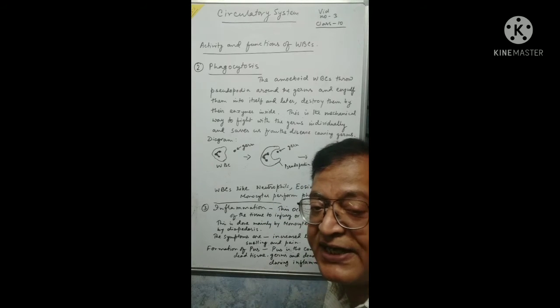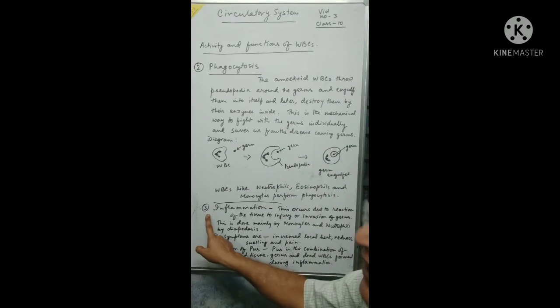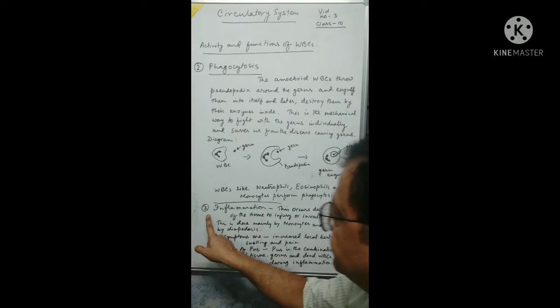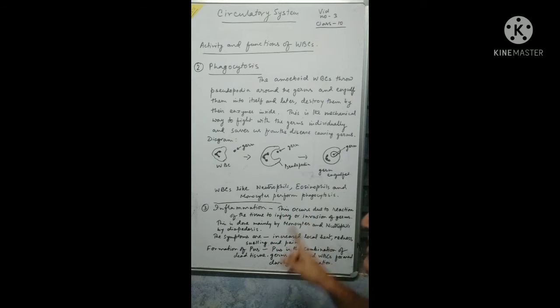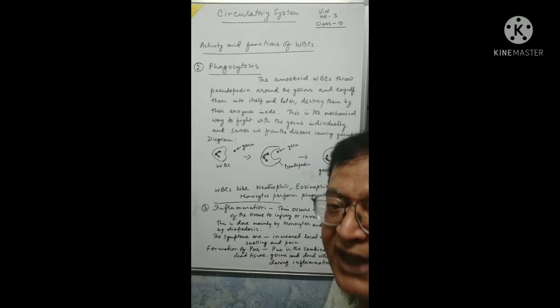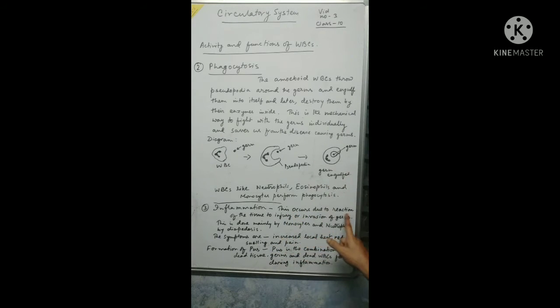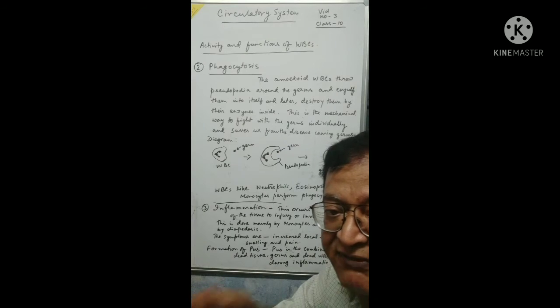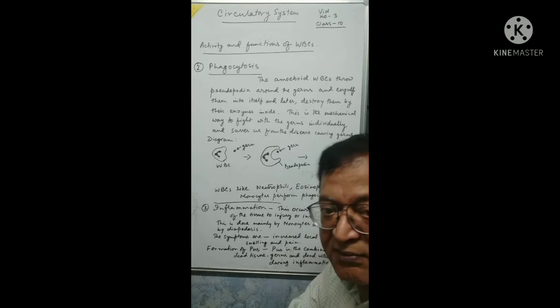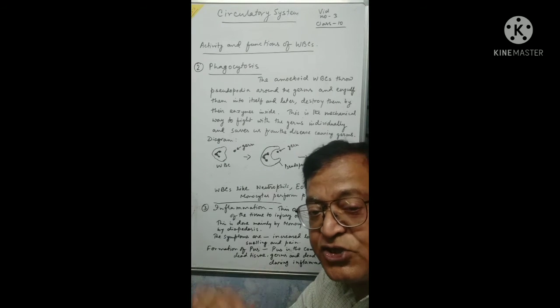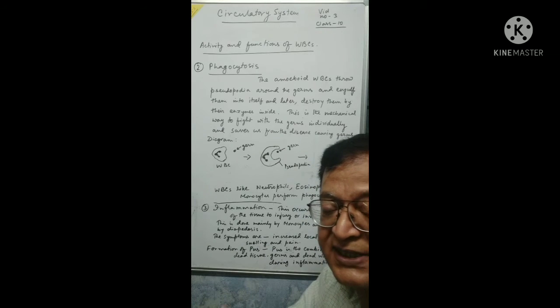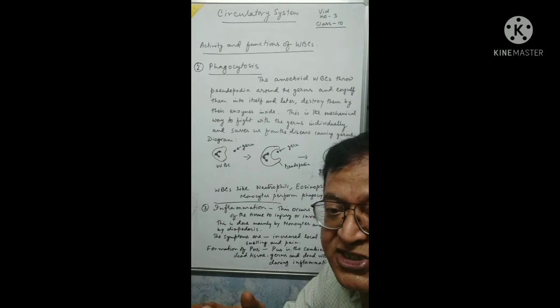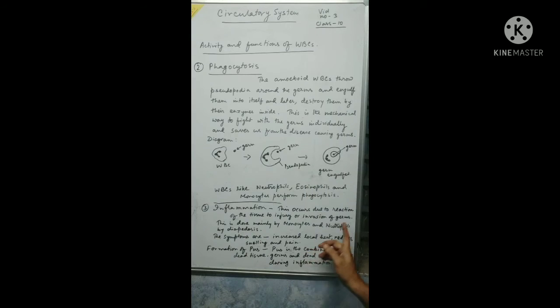This is the second important function. Third function is inflammation. Inflammation is actually the process occurred due to diapedesis. This occurs due to reaction of tissue to injury or invasion of germs. If the germs invade the tissues of our body, or the injury takes place in a particular place, the tissues are damaged and harmed. Because of that,